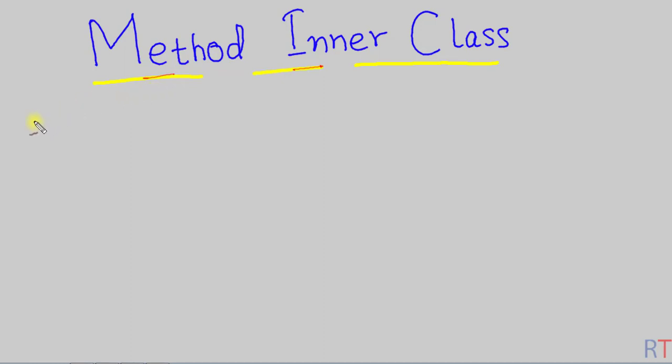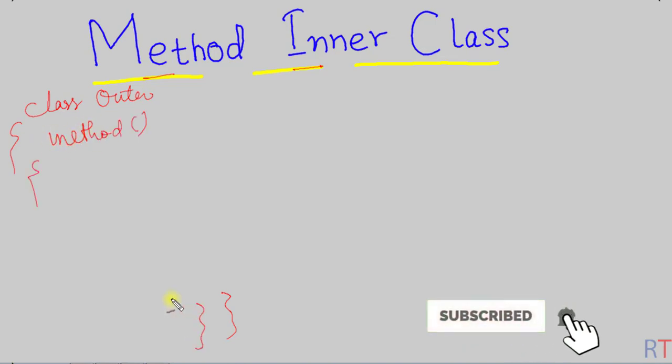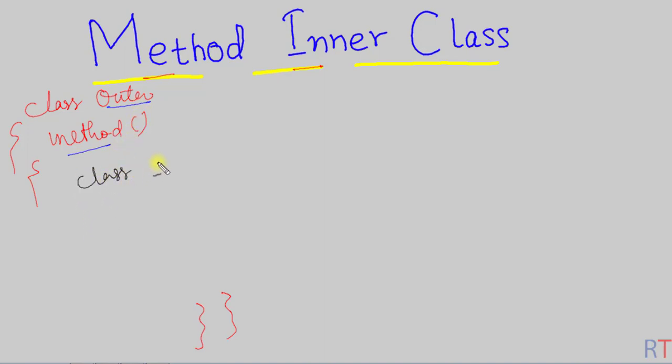Like in example, if we have one class called outer and the outer class has its own method, then inside the method of the outer class we can have one nested inner class. So we can create class inner. So the class inner is nested inside the method of the outer class, and the inner class can have its